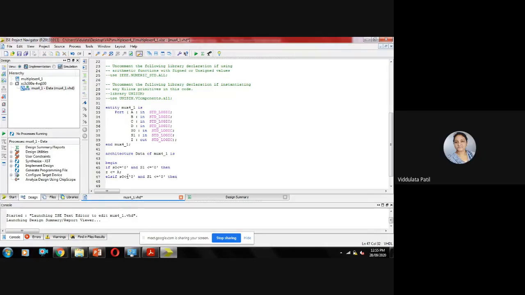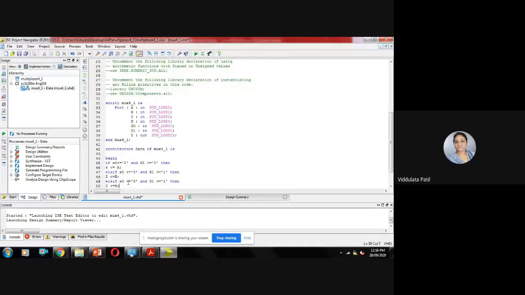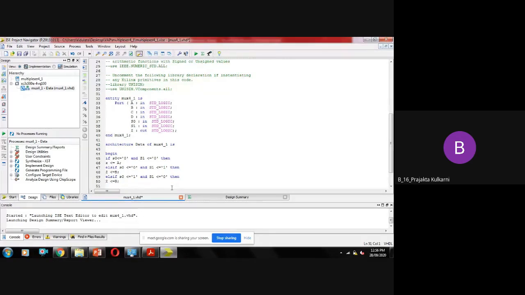Now you tell me: S0 is equal to 0 and S1 is equal to 1, then Z is less than or equal to B. Again else if, now S0 is equal to 1 and S1 is equal to 0, and Z is equal to C.